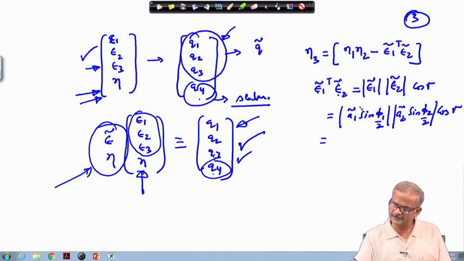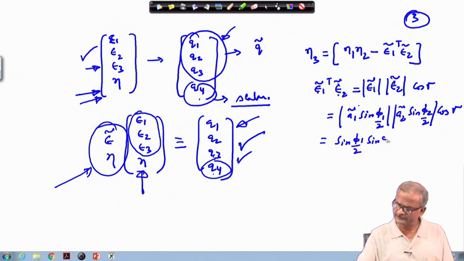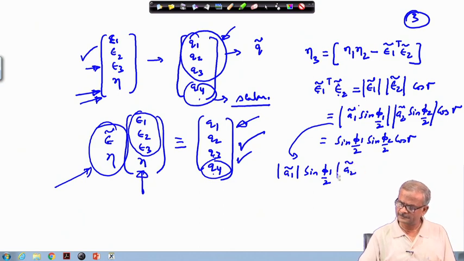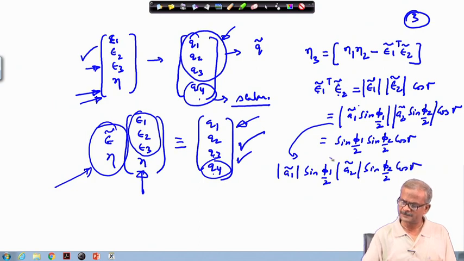So, if we look into this, obviously, once we have written in this format, the transpose or things are not required. So, we can take out sin phi 1 by 2, sin phi 2 by 2 and times cos gamma. The magnitude of A 1 and A 2, it is 1. So, that goes. So, basically you need to break it and write it this way, A 2 tilde magnitude times sin phi 2 divided by 2 cos gamma. This whole thing can be written in this way, and this quantity is equal to 1, this quantity equal to 1, therefore, this gets reduced to this.